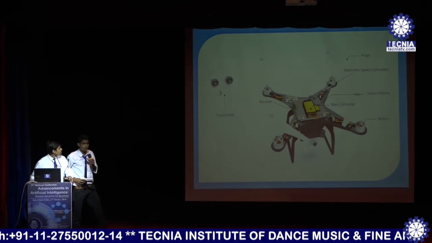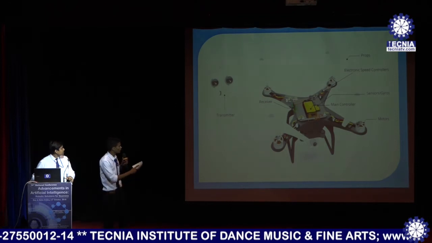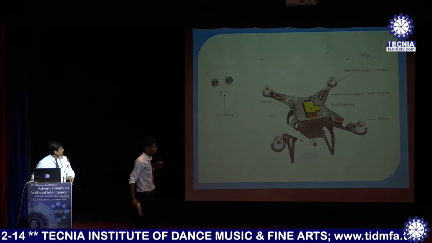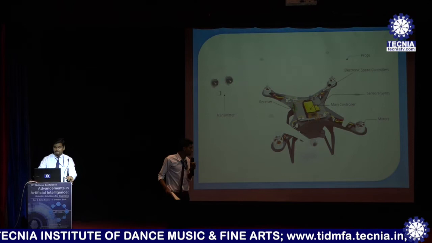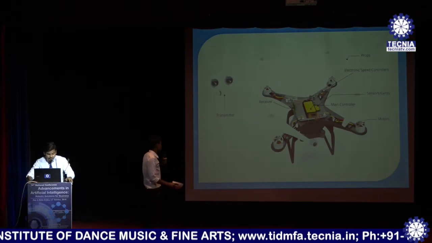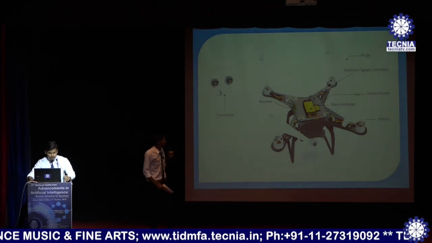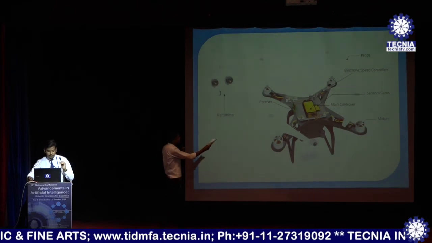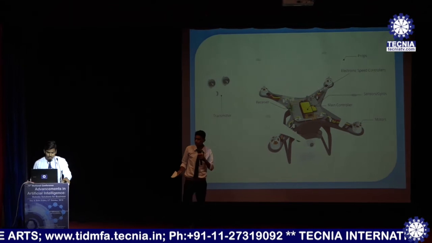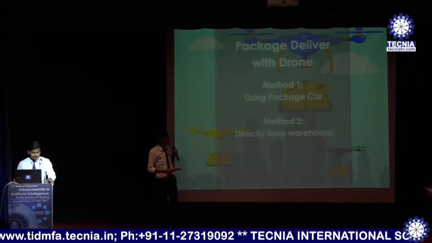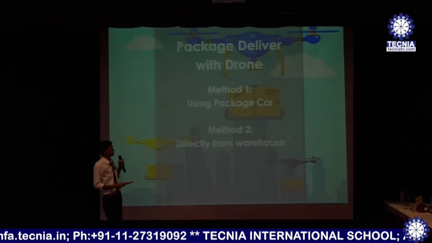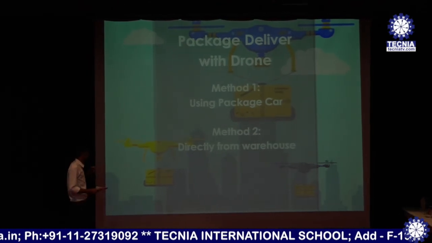Now, as one of our panelists has explained about online shopping, this is the extent of the shipping delivery, right? This is a gyroscope, or we can say it is a drone, a blueprint of the diagram, which contains the main controller, motor, sensor, gyroscopes, and a lot of electronic stuff.